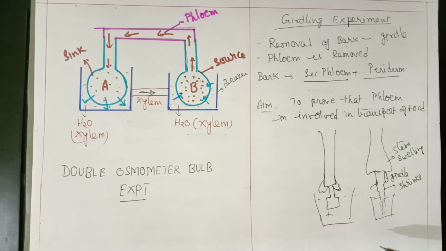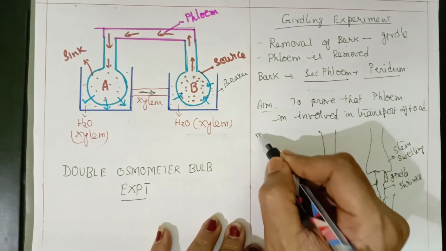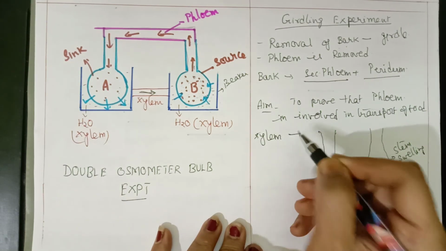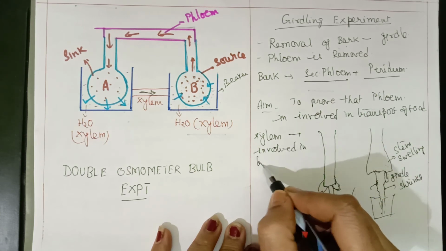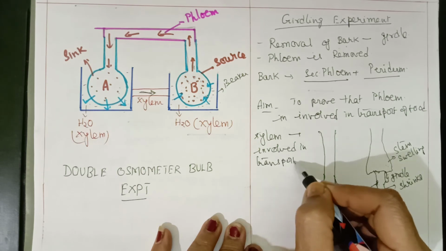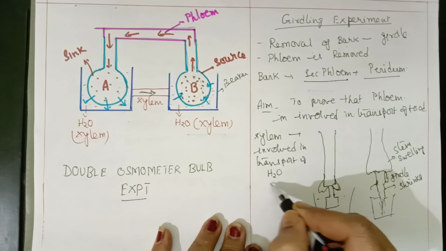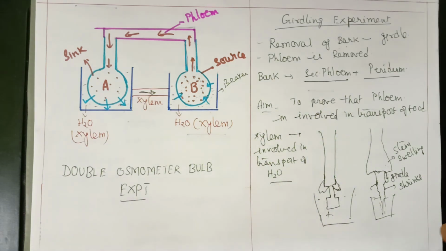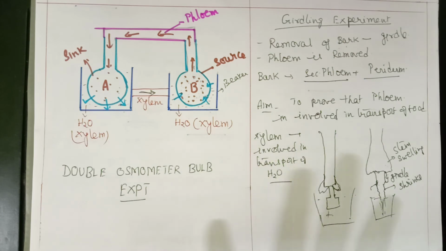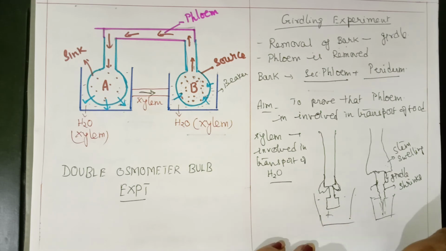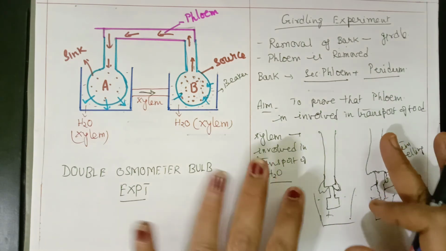At the same time, this experiment also proves that xylem is involved in transport of water. It proves both equally, for xylem as well as for phloem. So both are proved by this experiment: xylem is involved in transport of water and phloem is involved in transport of food material. Most frequently in previous NEET exams, a question was asked based on this particular topic,